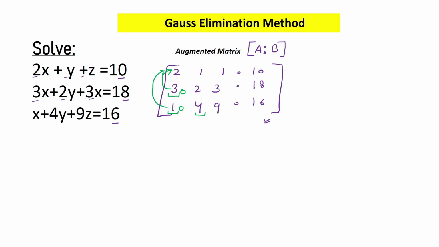In a similar manner, what I will do for 4, when I have to make this 4 as 0, I will take the help of row 2, that is this row. That is, I will take the help of this 2. So I have to apply some row operations on this matrix, and then I will get a new matrix. So let's start with this 3, and how we can make this 3 as 0 using this 2.